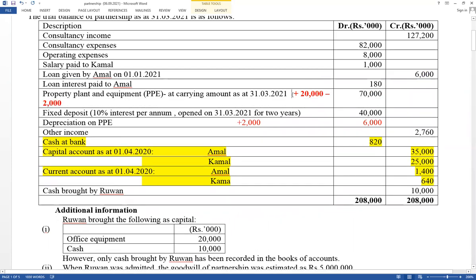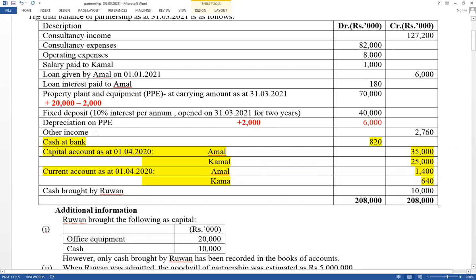Think how it records depreciation. As a result of depreciation, the asset decreases. Depreciation expense account debit, property, plant and equipment account credit. Depreciation is also recorded through the asset accounts, not given accumulated depreciation accounts. The value of the asset decreases. Think about the office equipment brought by the new partner: property, plant and equipment account debit, capital account credit. Then based on that value, 10% depreciation: depreciation expense account debit, property, plant and equipment account credit.